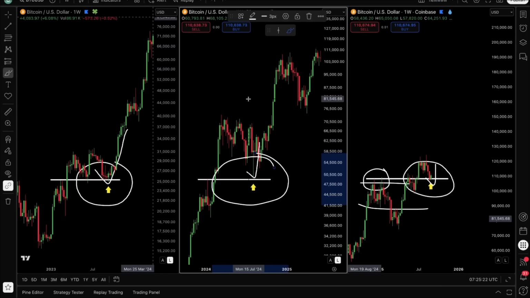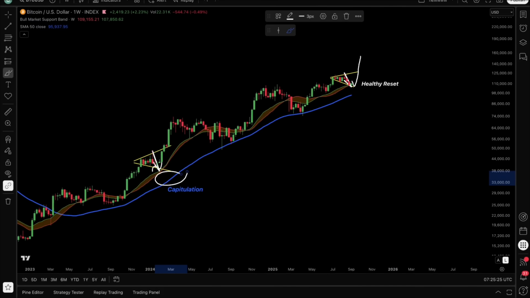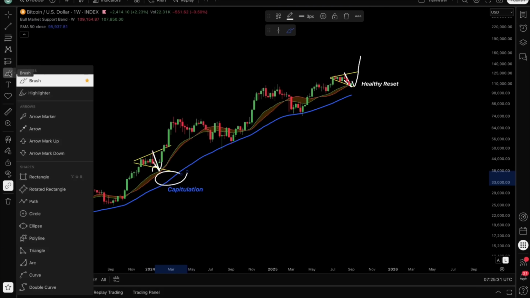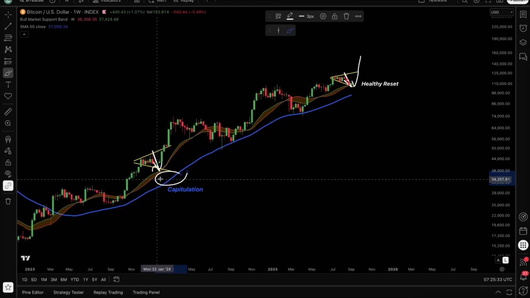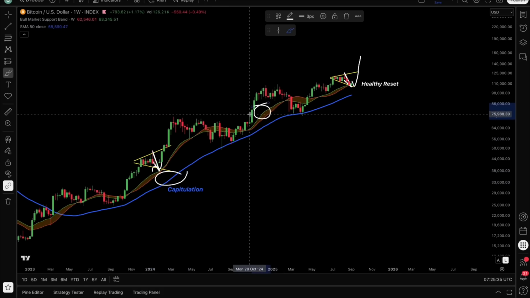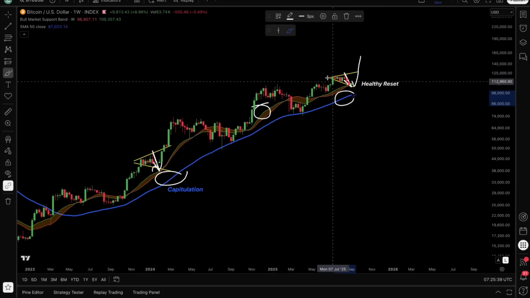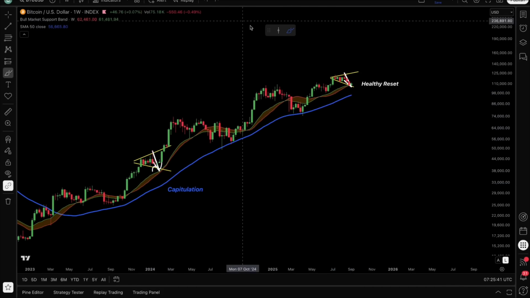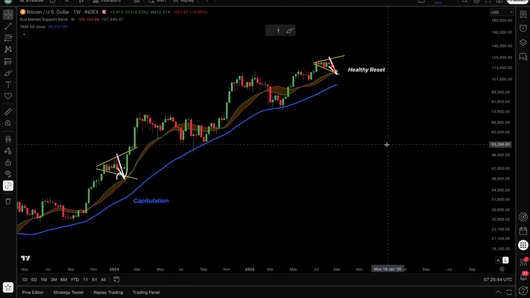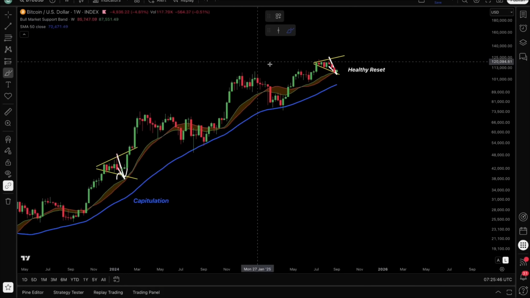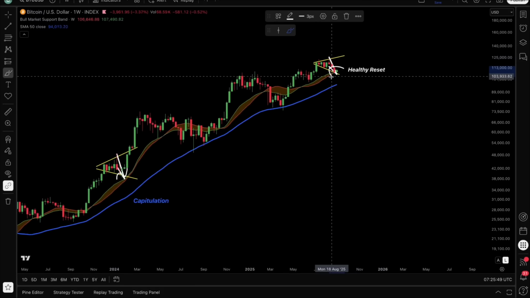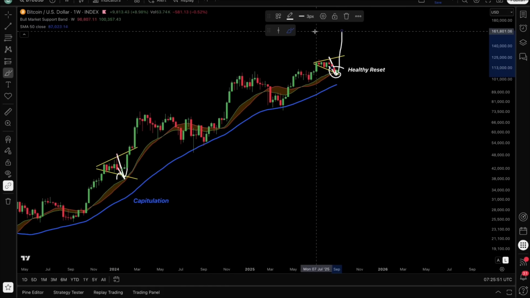we need to honestly discuss in this video, because if you take a dive into all the Bitcoin pullbacks this bull market, we can see a few things. First, we have the bull market support band, and second, we have the moving average 50 trend line. And these are going to be the most important indicators for me to be predicting how deep a Bitcoin pullback is going to be, and if Bitcoin is, for example, going to bounce from here.